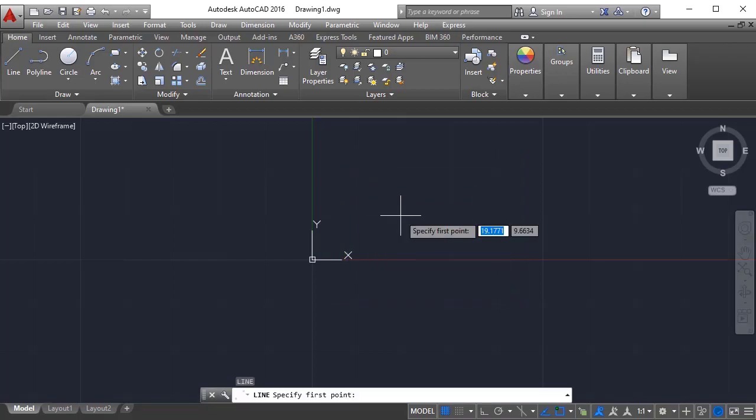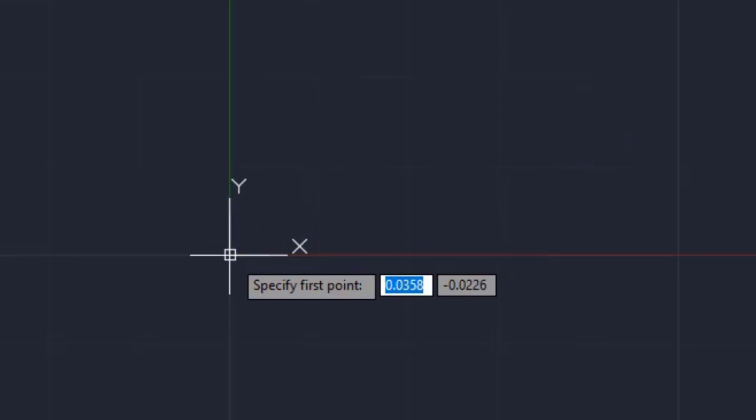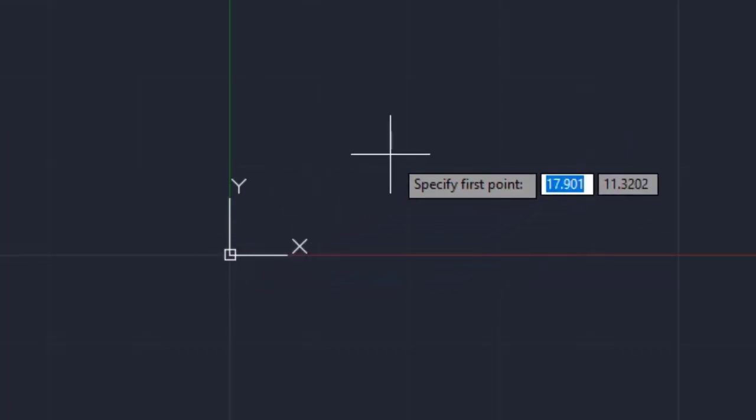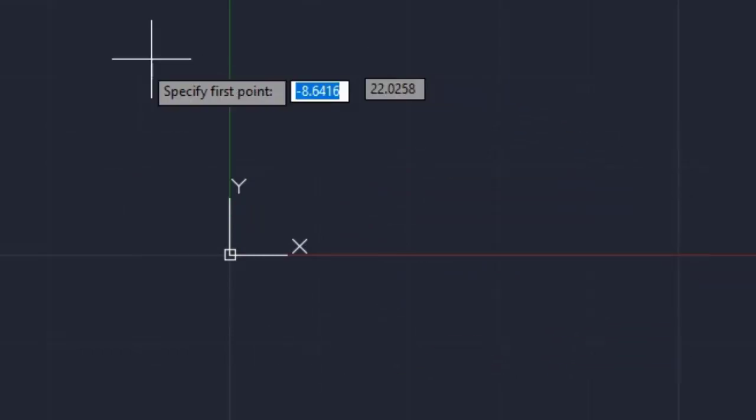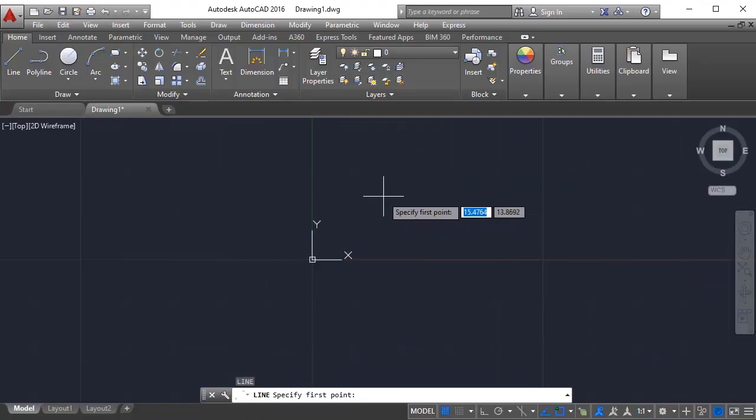I just want to choose the line command. See, again it is asking here to specify a point, but I can see the same message below the cursor as well, and it is also showing the location of the cursor position here, near 0, positives, negatives, both negatives, one positive one negative, right? It is also locating the point right beside the cursor.